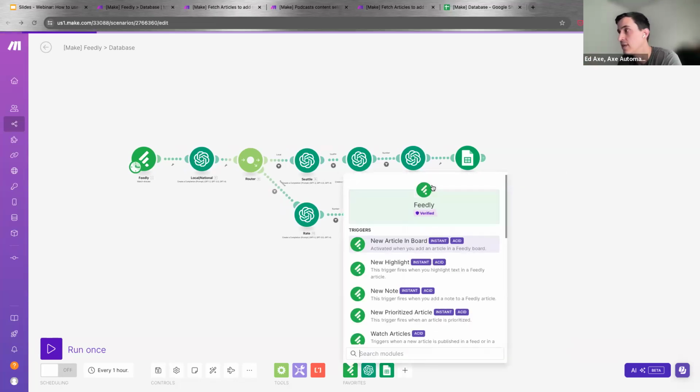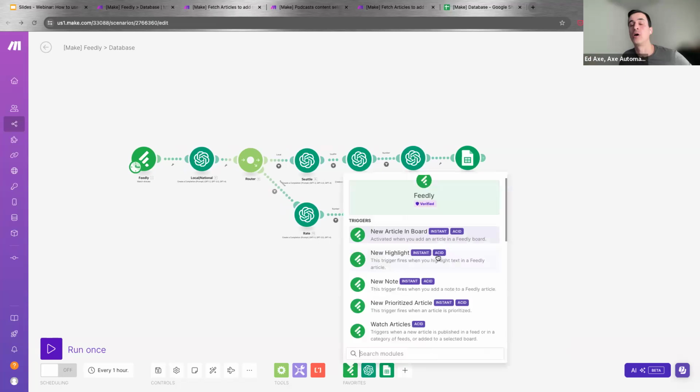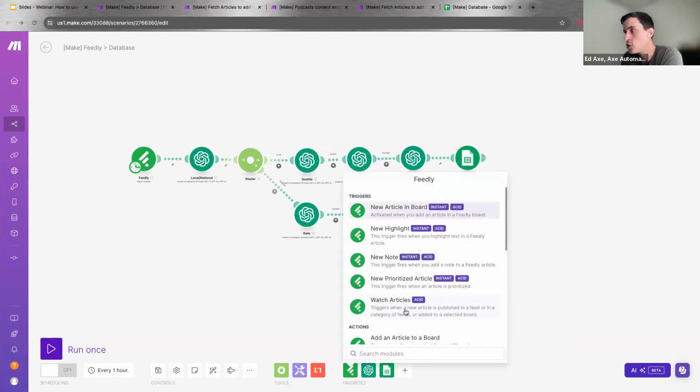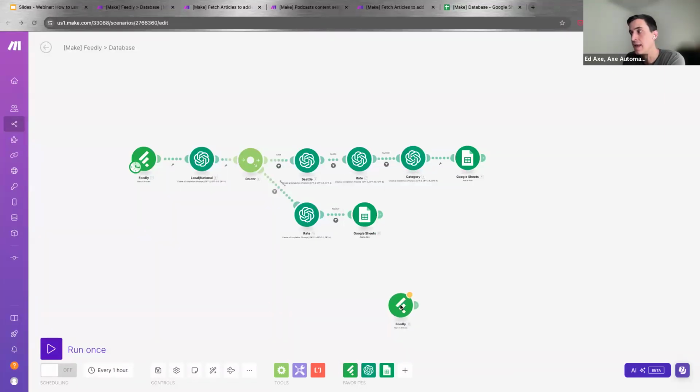In this case, it's Feedly, and then you're going to look for the type of trigger that's going to activate this scenario. So in this case, we are using the watch articles trigger. Here you have all the available triggers for this app, which is Feedly, and we selected the watch articles trigger to activate this scenario.